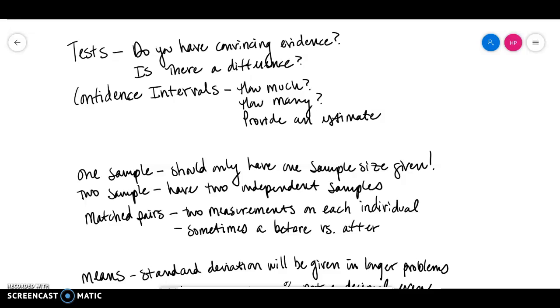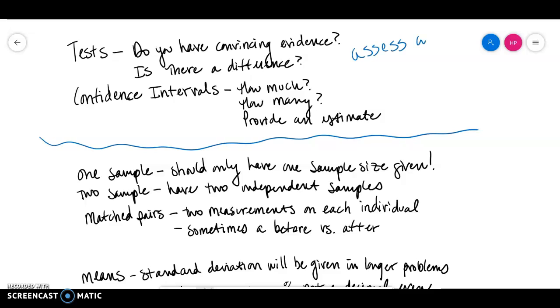So a couple of questions or maybe hints, if you want to think of them that way, each in separate parts. So tests versus confidence intervals. The purpose of a test is to, again, assess a claim. So whenever we are assessing a claim, we are being asked, do we have convincing evidence of something? Is there a difference between these two? We define the null and alternative hypothesis to answer that particular question. So we're assessing a claim, whereas the purpose of a confidence interval is for an estimate,